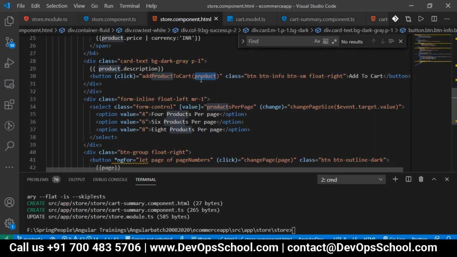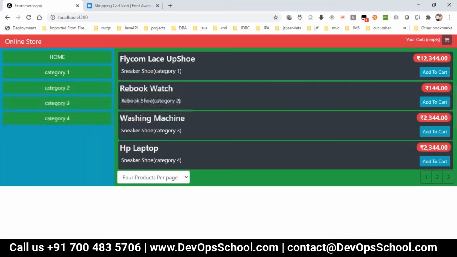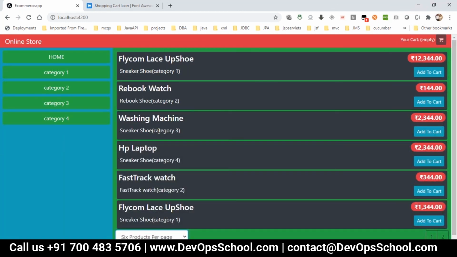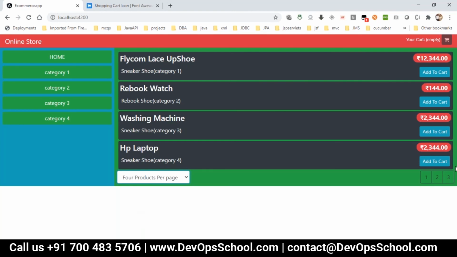Now, whatever we discussed yesterday, almost one part is completed. The first page is done. When we click on add to cart, the items are added, and pagination is also done, depending on how many pages you have selected. So everything is working properly, right? Now we want to develop this as an application, so whenever I click on add to cart, it should go to the next page and show me how many items are in the cart, and then I can go for checkout, or I can come back to continue shopping.